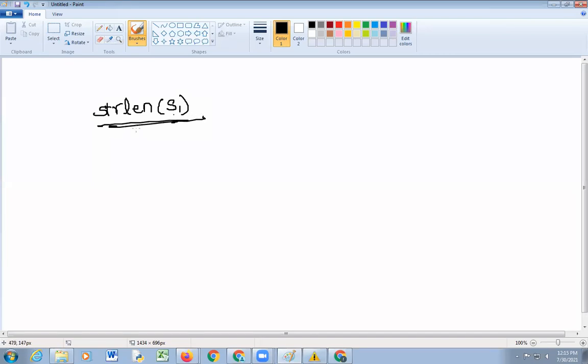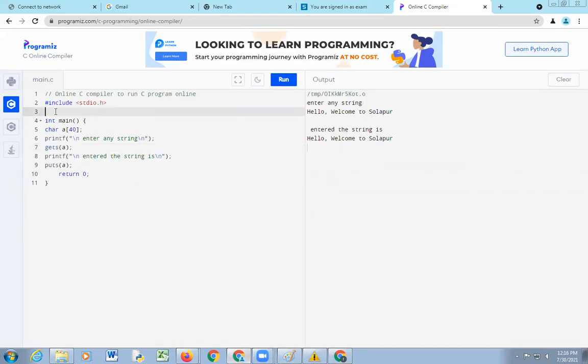It shows the length of the entered string. We will see a simple program, and for this function you have to include a file, hash include string.h.